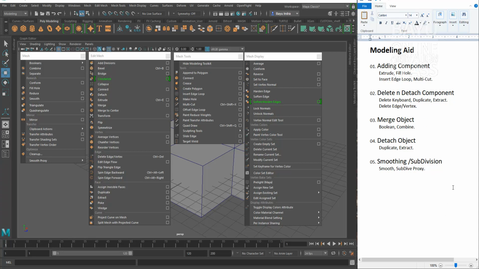Usually I call this modeling aids, which is content adding component group command, delete and detach component group command, merge object, detach object, smoothing, or subdivision tool. This modeling aids is all about this group of five. Okay, now before we talk about modeling aids, first of all I want to talk about